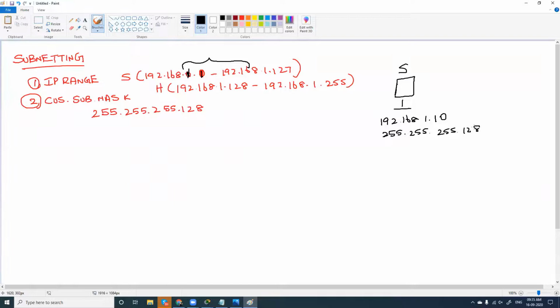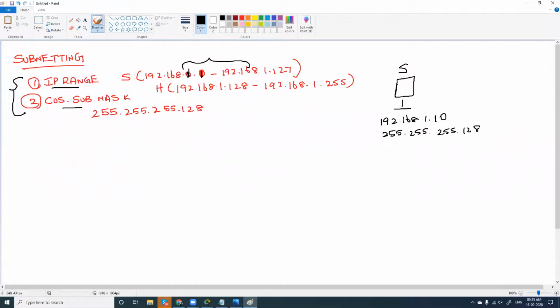Yes. So in subnetting, we had 5 steps, but what is actually implemented in real time were these two outputs: the IP range and the custom subnet mask. Right.